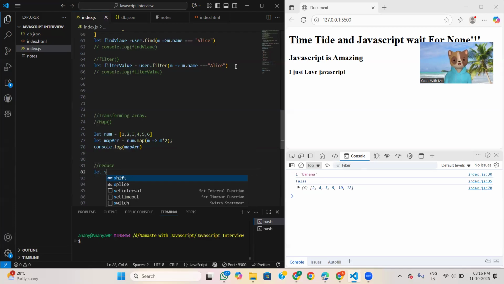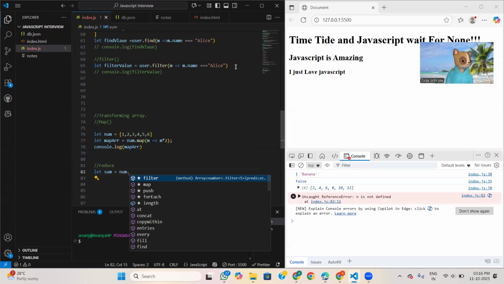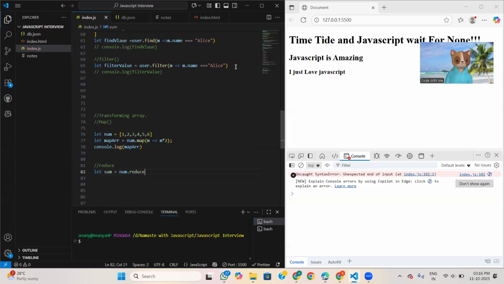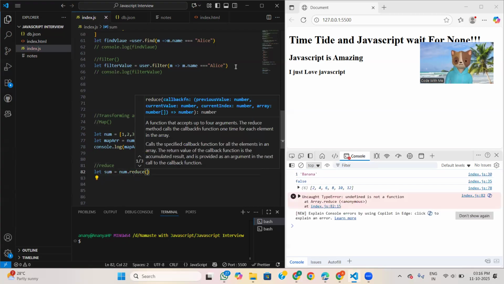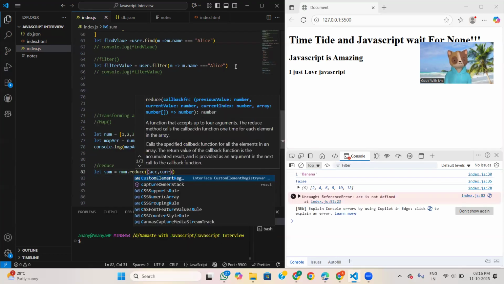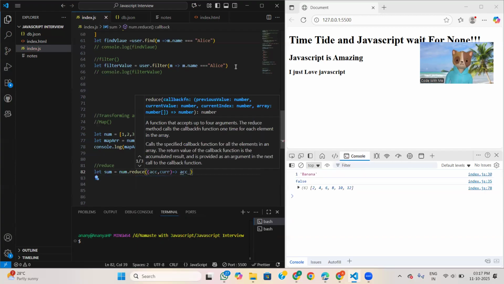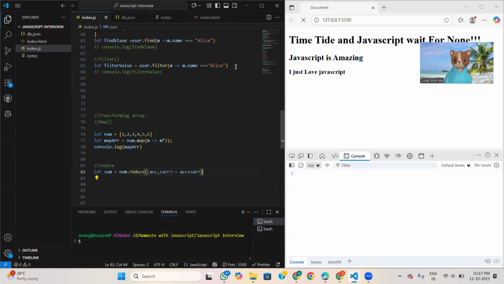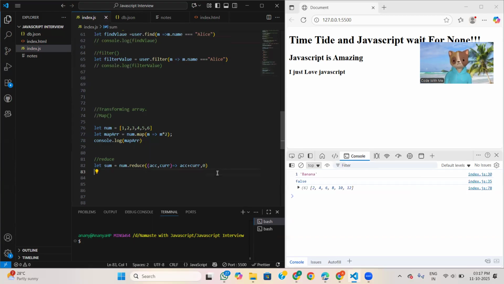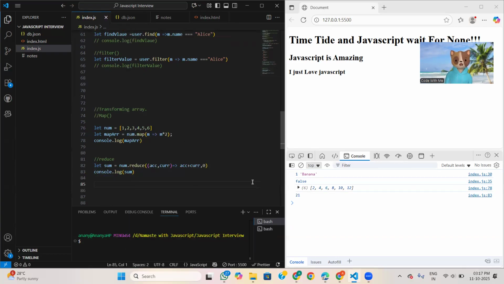So if I want let sum is equal to, now see the output. It will sum all these things.